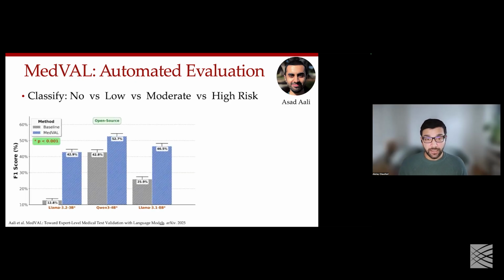So here are some early results from this MedVal work. When we used open source models, such as the Llamas and Qwens of the world, we saw that our MedVal-based fine-tuning work can significantly enhance the evaluation capabilities of these models. It was pretty interesting to see that the smallest Qwen model outperforms the Llama models, even in a zero-shot manner, but that performing this MedVal-based fine-tuning further improves the accuracy of this safety check.